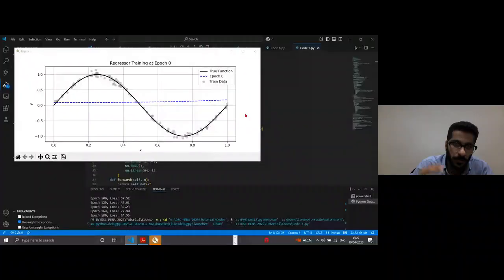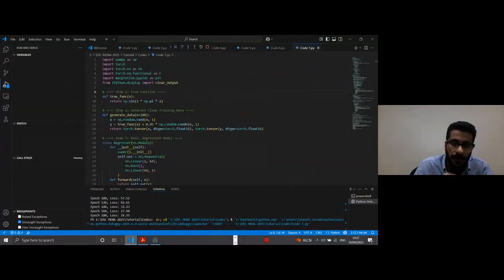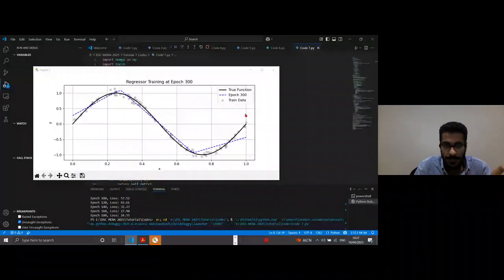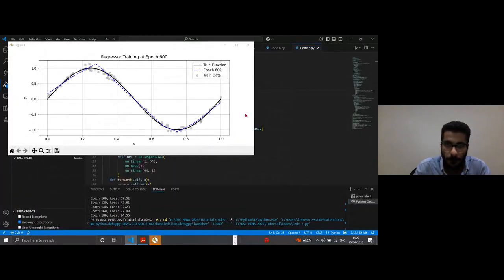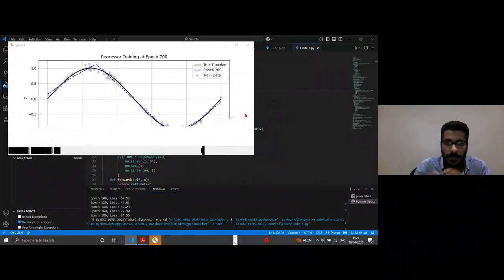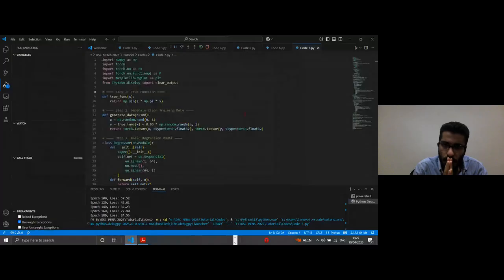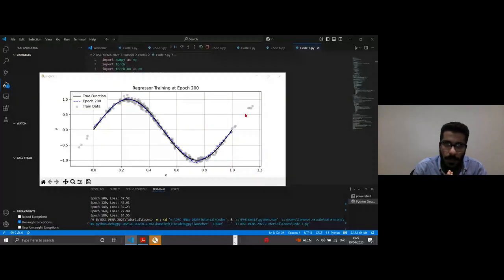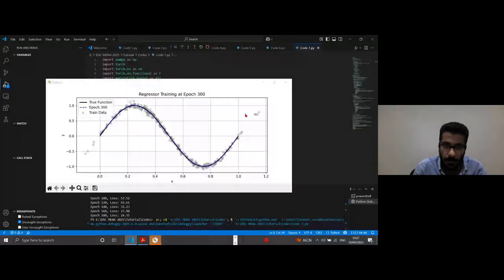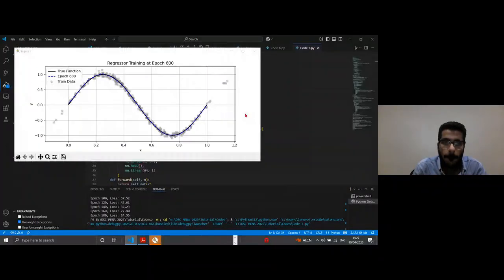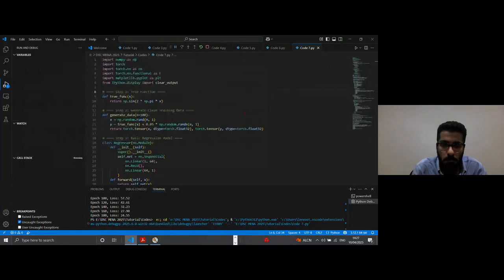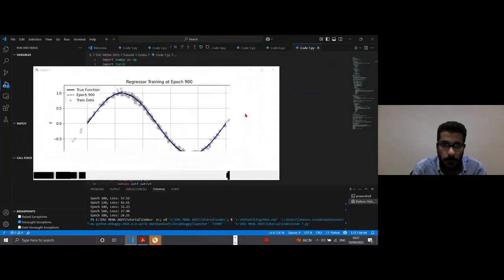You can see that at 600 epochs, we introduced 700. Because this is the last course, I'm trying to introduce different subsets of data to end up with the same shape of the sine wave. You can see it starts learning until we get the correct shape of the sine wave.